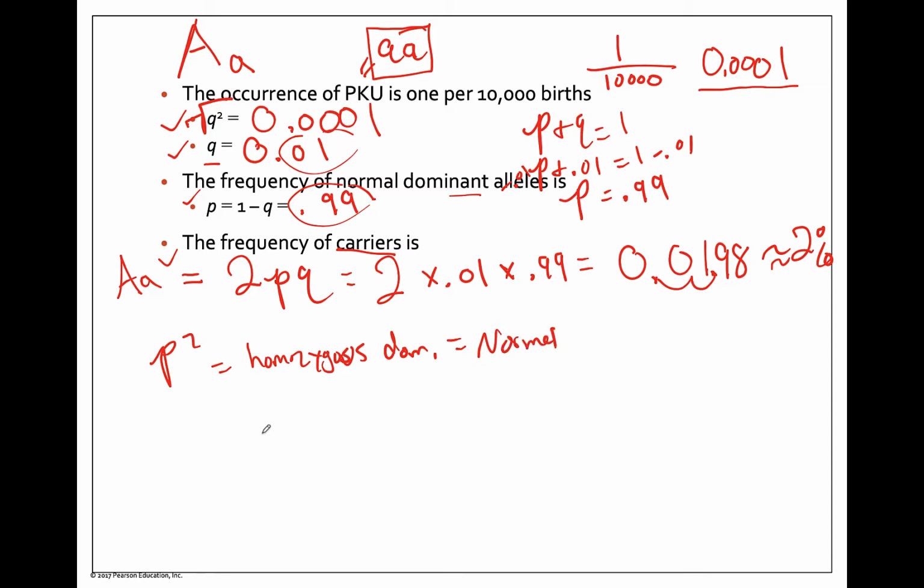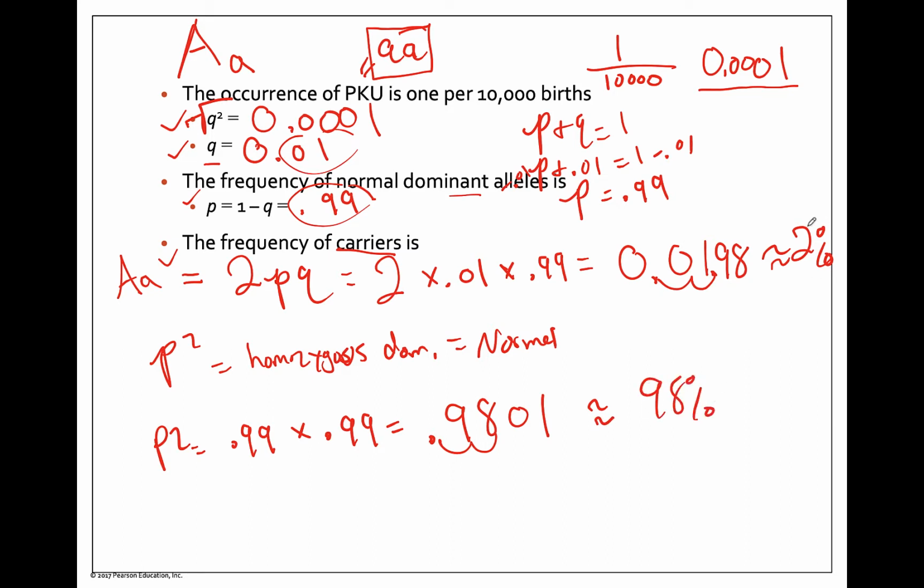And because we already have p, we can just figure this out. So p squared is equal to 0.99 times 0.99, and that's equal to 0.9801,